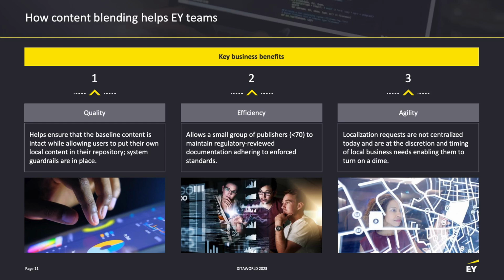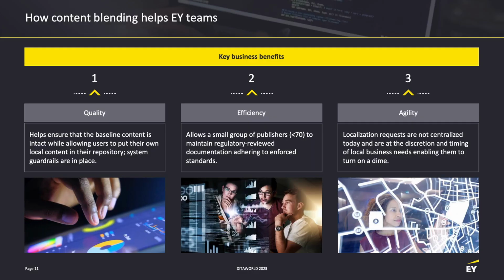Efficiency. Blending and localization allows a small group of publishers, less than 70, to maintain regulatory reviewed documentation while adhering to enforced standards. Blending prevents extra work, updating the baseline content multiple times. Agility. Localization requests are not centralized today and are at the discretion and timing of local business needs. Content can be updated anywhere at any time, which enables timely